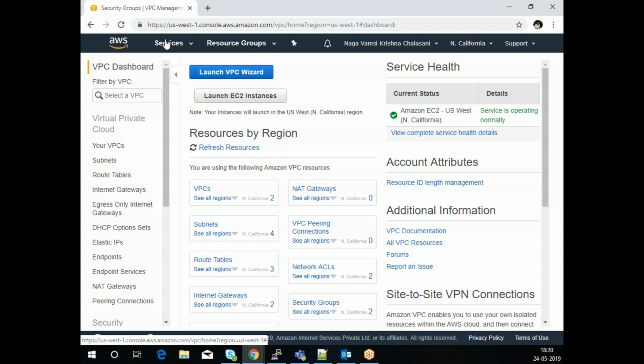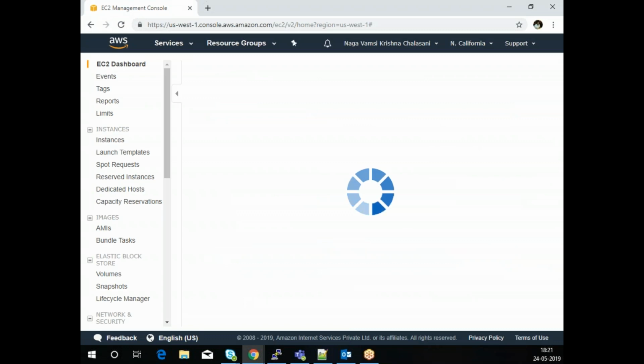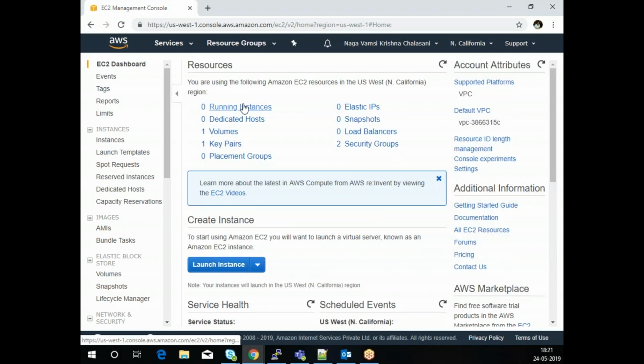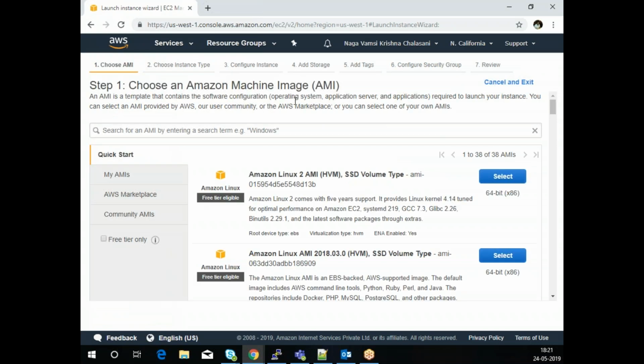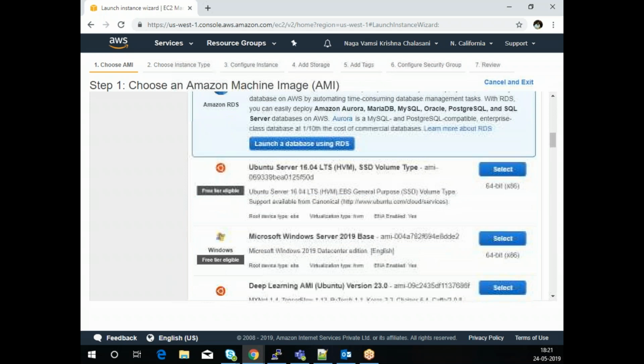Okay. So next, go to the EC2 compute service. So here I've got 0 running instances. And these were created earlier, and they are in terminated state right now. So let's launch an instance. For training purposes, let's select Ubuntu 16.04,